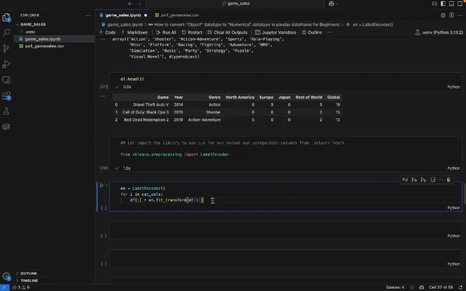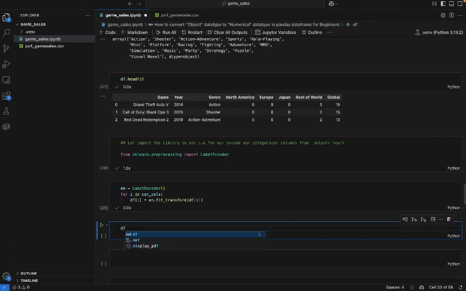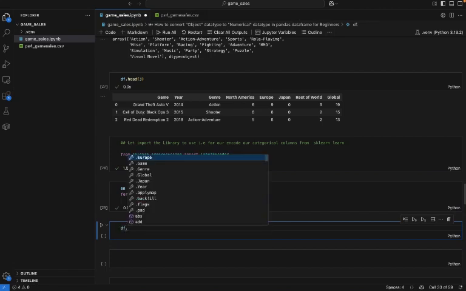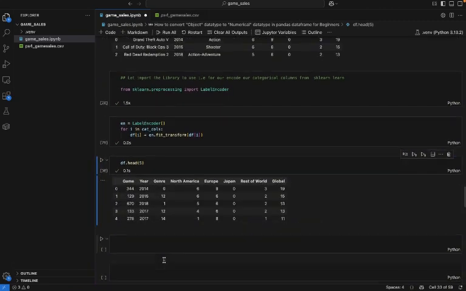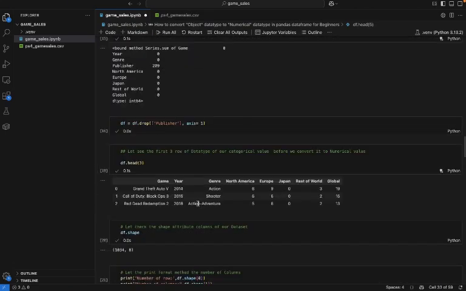Let's run what we have here. So now we've converted our object data type using the encoder. Let's see the first 5 rows of our new numerical data type with head(5). Let's run this. As you can see, this is our new data type. You can see here, converting our games and year to this. So this comes to an end of this